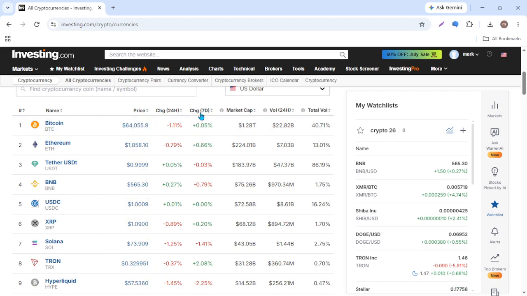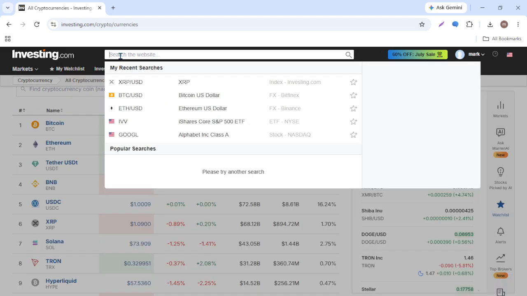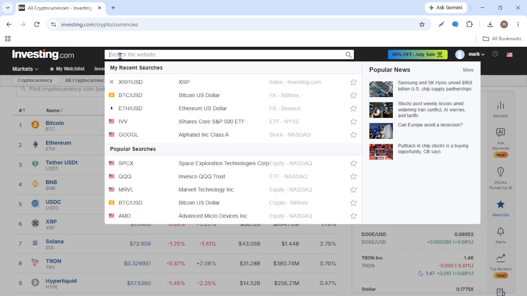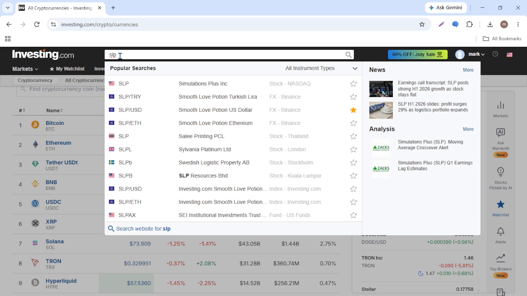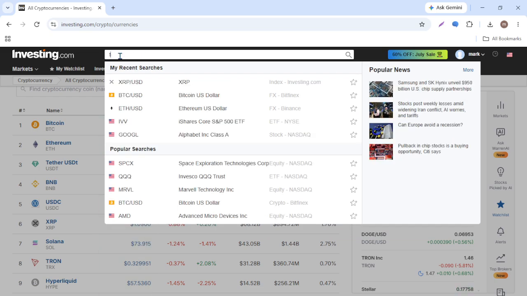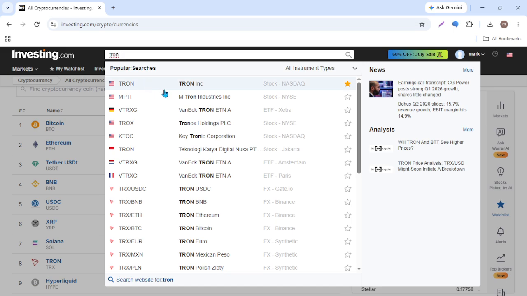If you are looking for a specific coin, don't waste time scrolling. Use the search bar at the top of the page. Type in the name or ticker symbol, like BTC for Bitcoin, and jump straight to its dedicated asset page. Clicking on any coin opens up its individual hub, where you get a deeper look at historical data, live exchange